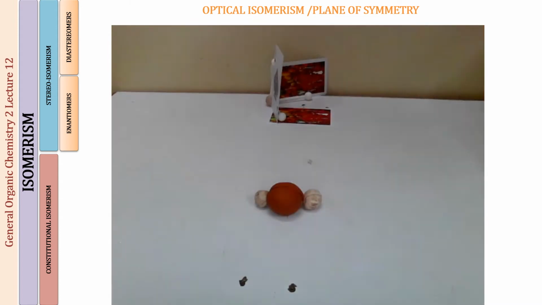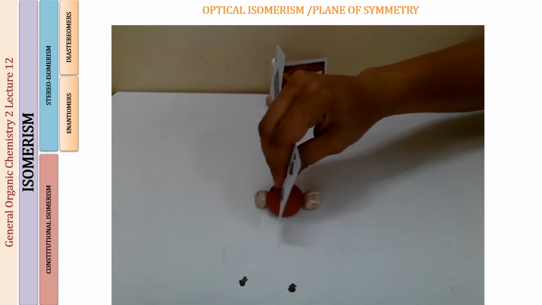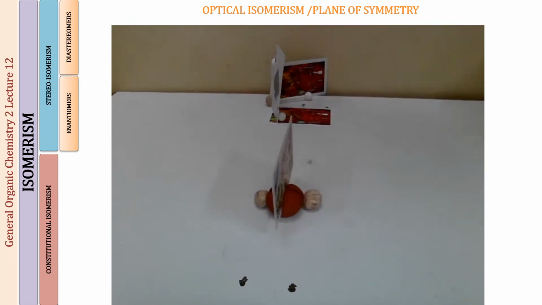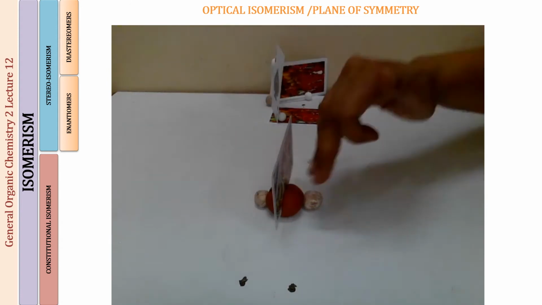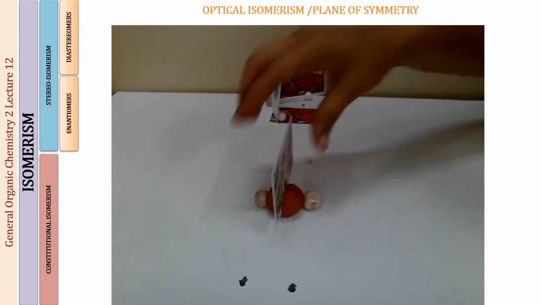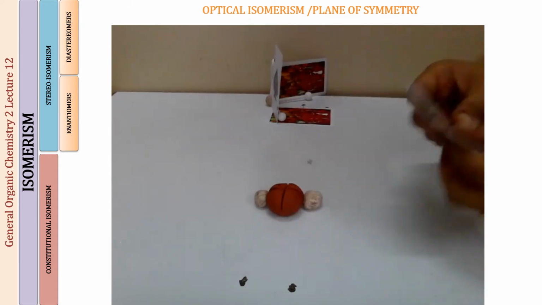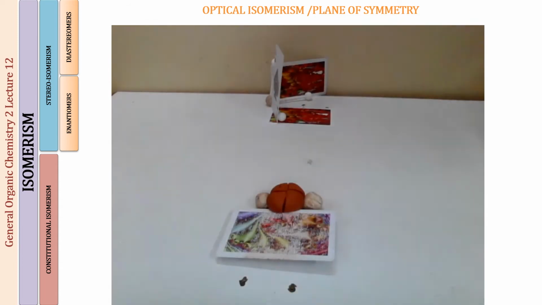Now, another way in which I can cut this molecule is that I make a cut in the YZ plane. So here I will not be cutting through all the three atoms. It is going to be only through the carbon atom, and the oxygens will be attached to the two halves of the carbon. Okay, so this is going to be another plane of symmetry that is possible in this molecule.